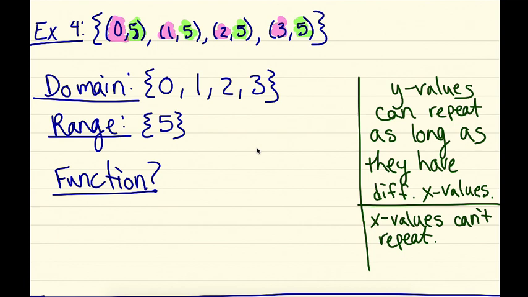Here, though, the x values are all going to their own unique y values for that value of x, which I know can be kind of confusing, okay? So I know that this example is a little tricky. I want to show you a visual as well to see if maybe that will help. If I write out my domain and my range,